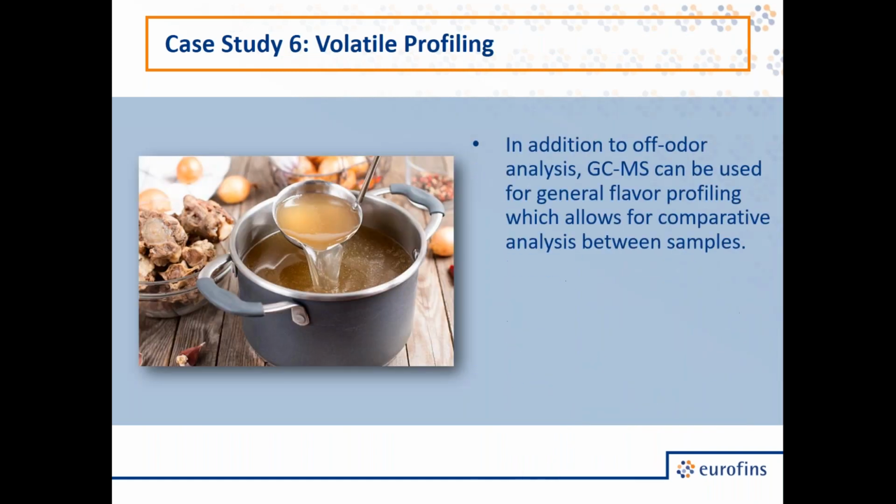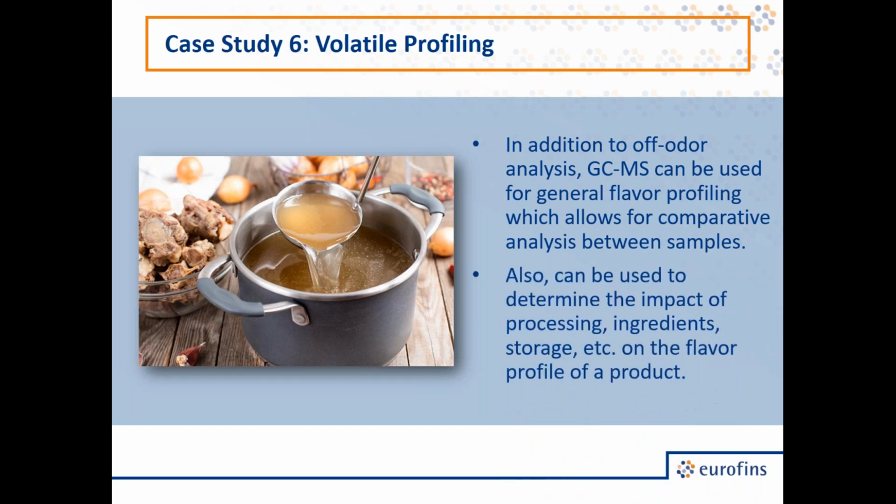So our next case study, in addition to off-odor analysis, we can use GCMS for general flavor profiling, which allows us to compare between samples for whatever reason the client has. So this could include determining the impact of different processing or ingredient changes or storage conditions on the overall flavor profile of a product. So I'm going to show an example here where a client was developing a broth product,